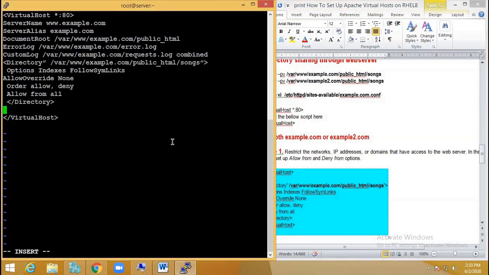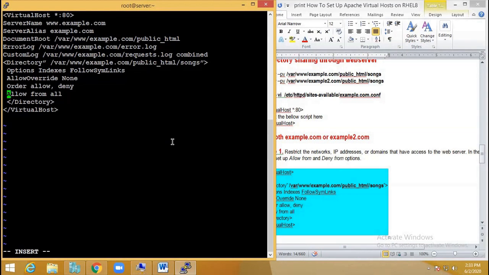You have a directory, and you have to say it is available in public_html, songs, Options Indexes FollowSymLinks, AllowOverride None, Order allow,deny, Allow from all, Deny from none.